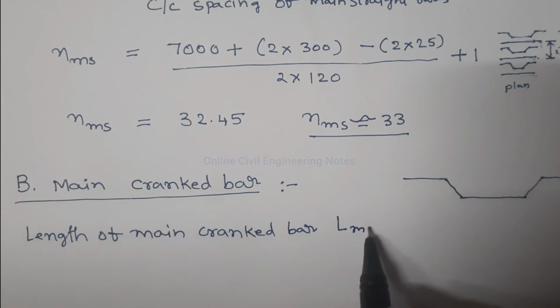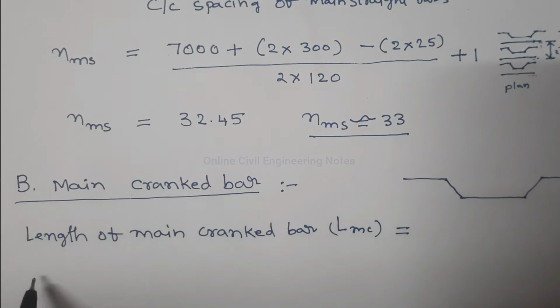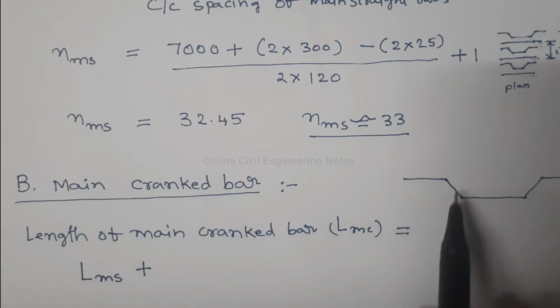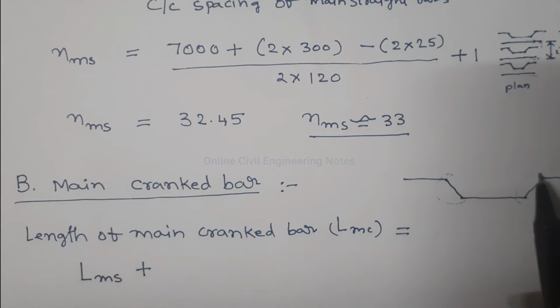Length of main cranked bar is equal to length of main straight bar, which is LMS, plus crank allowance on either side. So this is one crank allowance, here another crank allowance. So 2 into